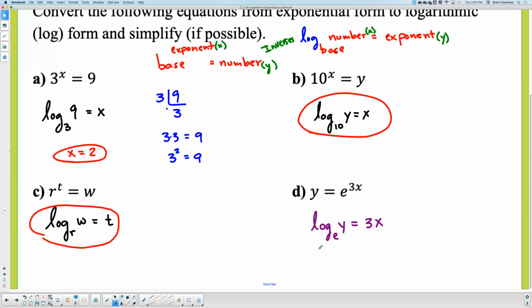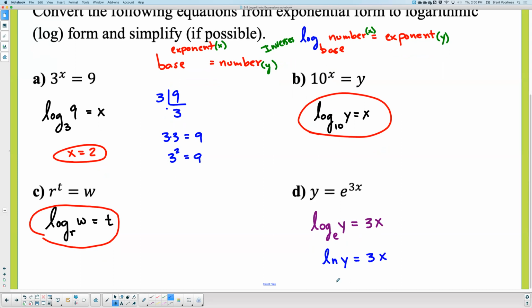First, if you have log base e, that's equivalent to a special logarithm. It was in the notes section of the previous slide at the very bottom. It's a natural log, so I want to say natural log. And if you write natural log, you don't show the base. You hide the base. Natural log y equals